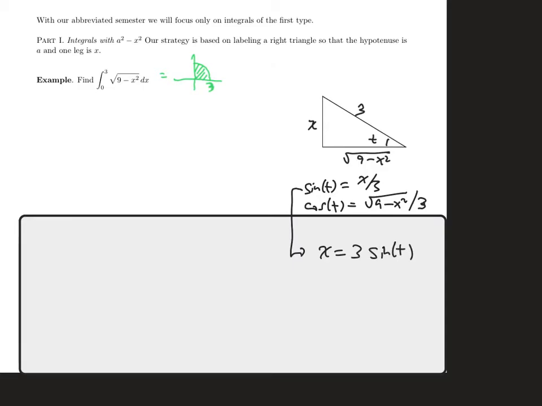And then I'm going to take the derivative of both sides with respect to t, and I'll have dx is 3 cosine t dt. So this will be my relationship between x and t, and then also between dx and dt. So we call this a trig substitution,